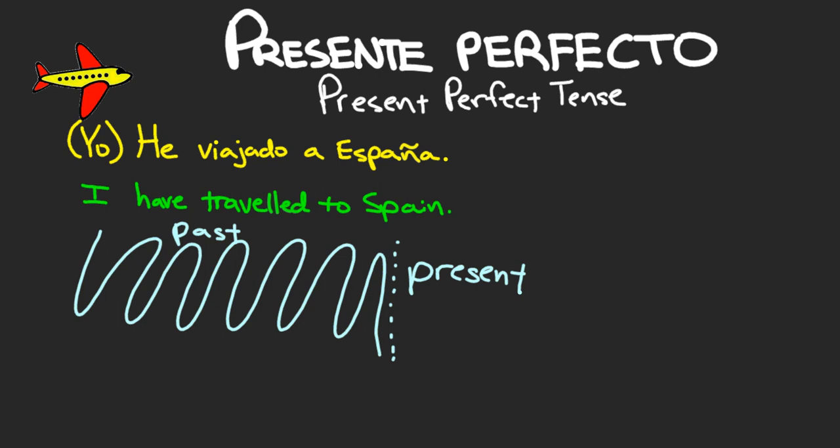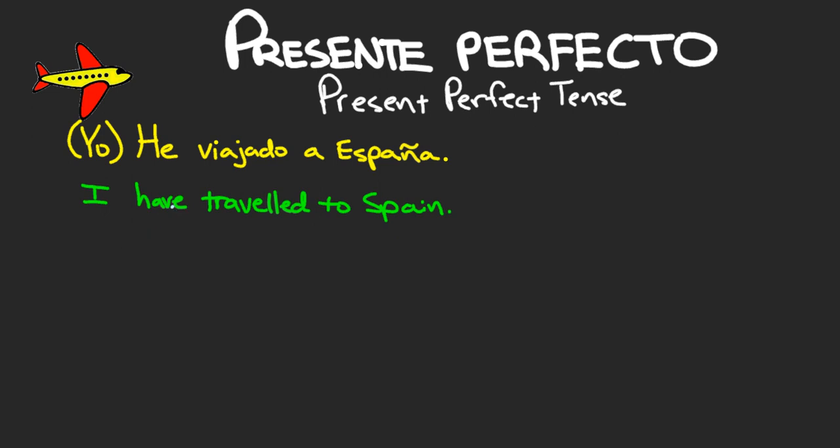And it could have been multiple times. It could have been a repeated action. But really it's just a statement of truth in the present tense. That it is true in the present that I have traveled to a certain place. So it seems like it's talking about events in the past, although technically it's a present tense. All right, so let's talk about the steps of how to conjugate it.